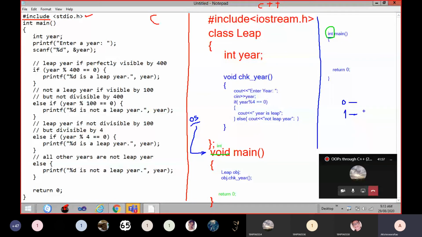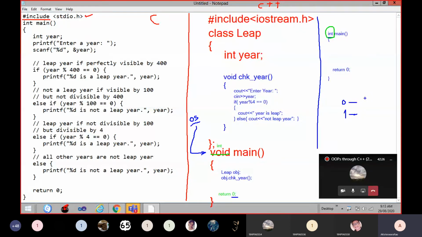Fine. So now the situation is, if the main function returns 0, that represents the program is executed without any errors. That is the indication to the operating system. That information you may send to the operating system or you may not send.